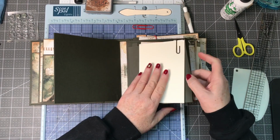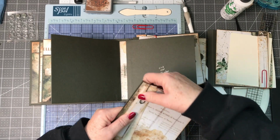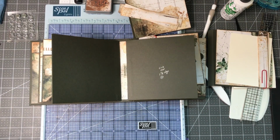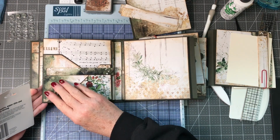Then we go to these next pages, and on these next pages, what I decided to do was add flaps to them, and we're going to go ahead and do that, as well as add our magnets. I'm going to have to grab some other magnets, I think. Let me check my stash here. The other thing with either one of these is that you don't have to use magnets. You can use ribbons and ties for closing them. Like on this one, what I would have done if I was going to use a ribbon on this,